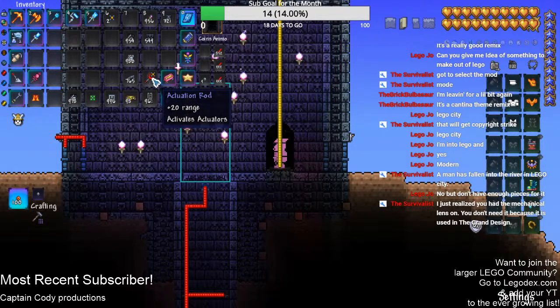So if you don't have the parts for a Lego skyscraper, do you have a bakery? Do you have a bakery building? There's an idea. Either that or...